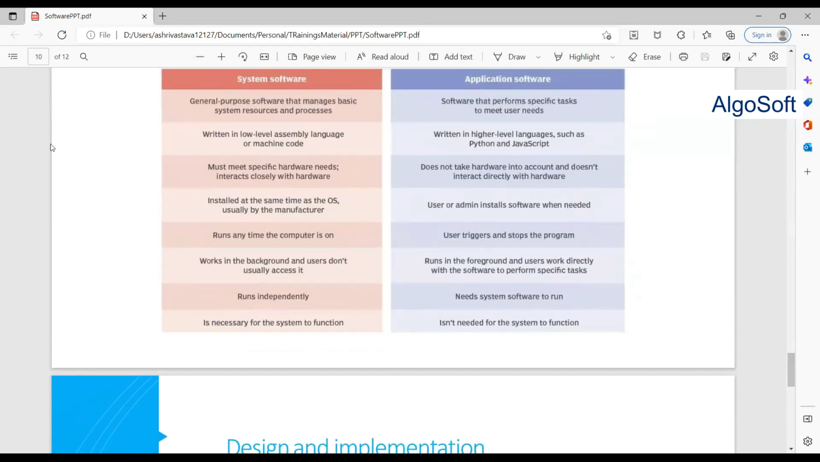Now I'll show you how we can see the system software and how we can see the application software. Before we jump into another discussion, Amir had a question: